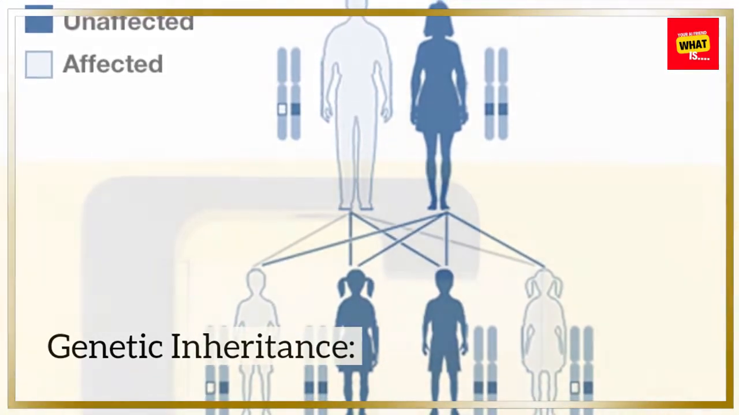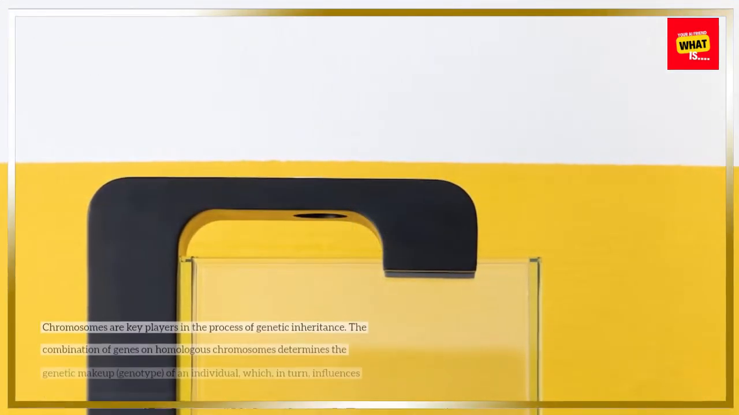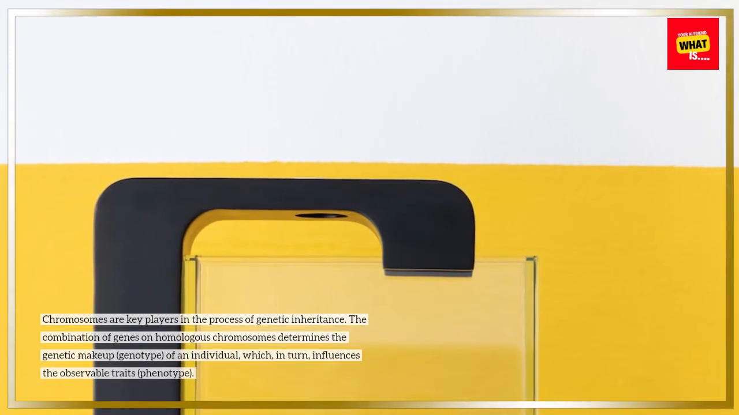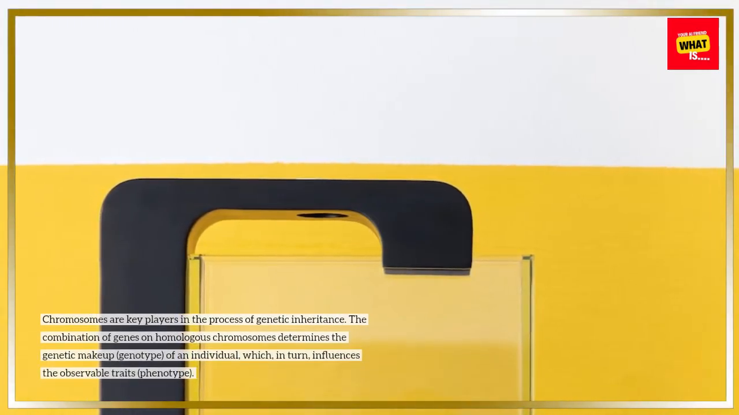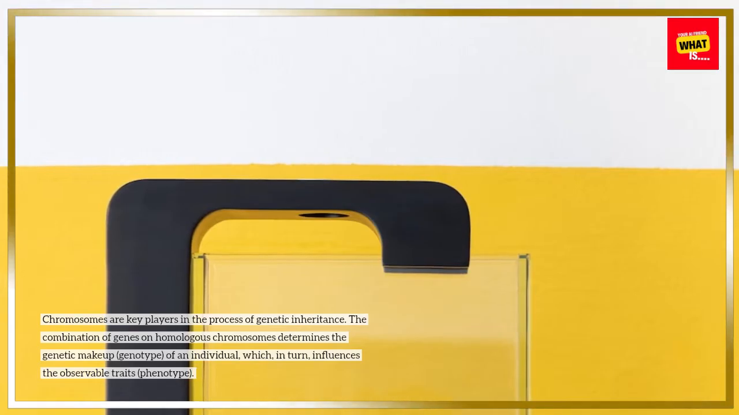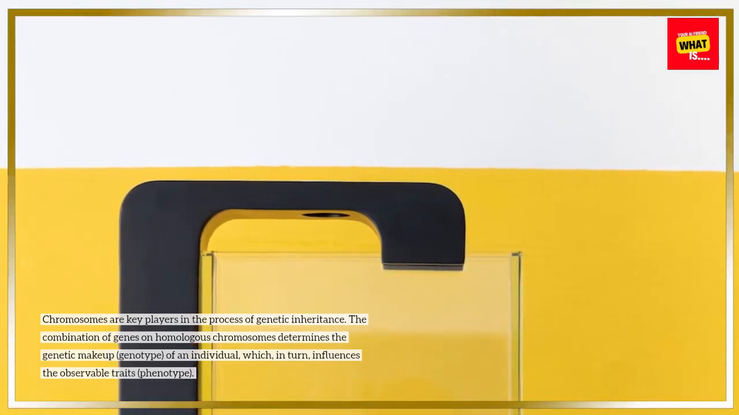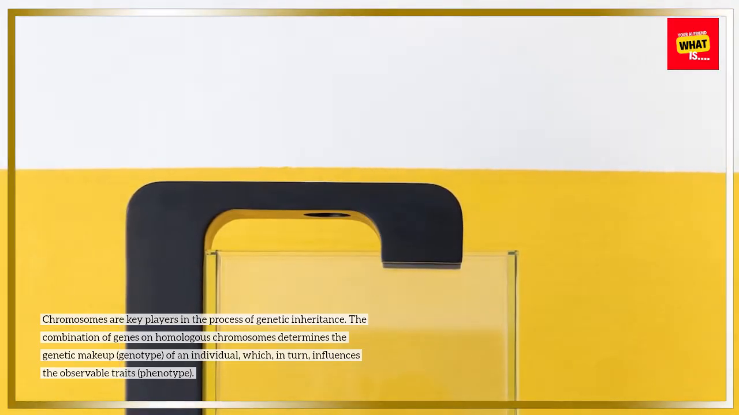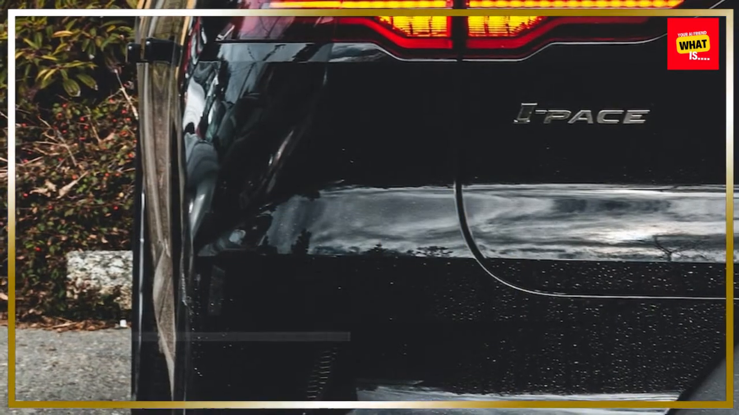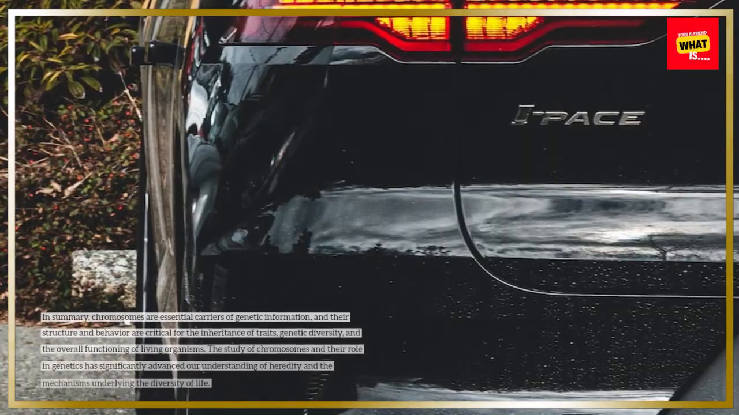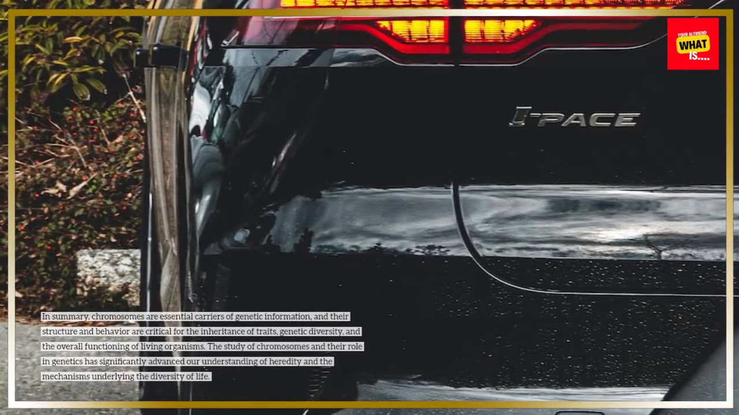Genetic inheritance. Chromosomes are key players in the process of genetic inheritance. The combination of genes on homologous chromosomes determines the genetic makeup, genotype, of an individual, which, in turn, influences the observable traits, phenotype. In summary, chromosomes are essential carriers of genetic information, and their structure and behavior are critical for